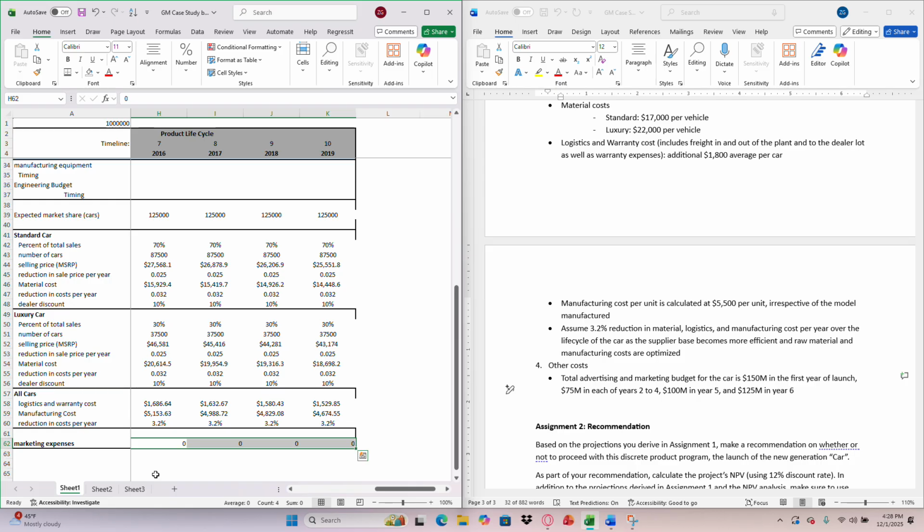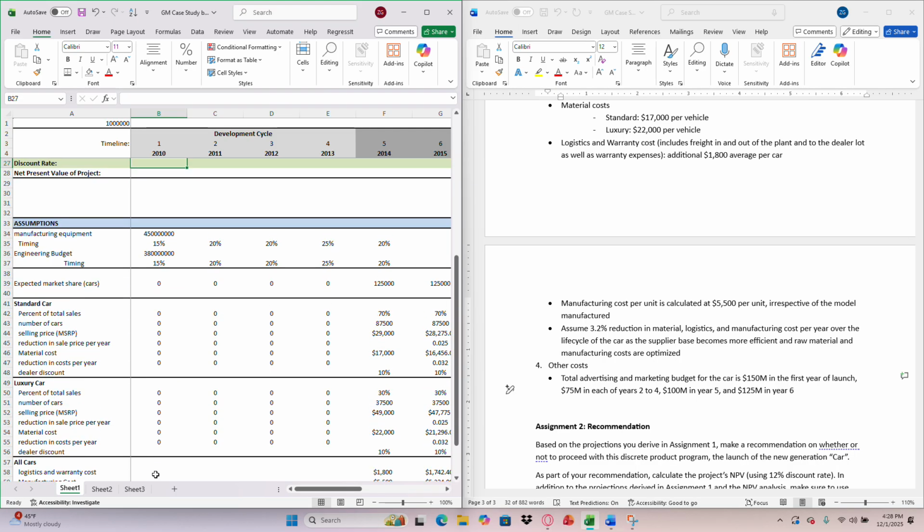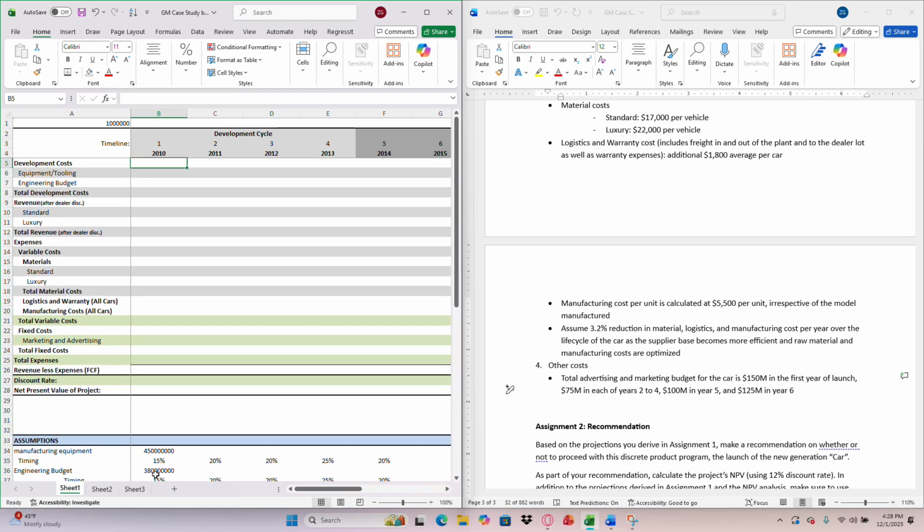So now we can go about building our income statement, just our income statement, and find out what this is really going to do for the company. The first thing we're going to do is find our development costs via equipment and tooling costs. And this can be a little bit confusing, but I just want you to know that this